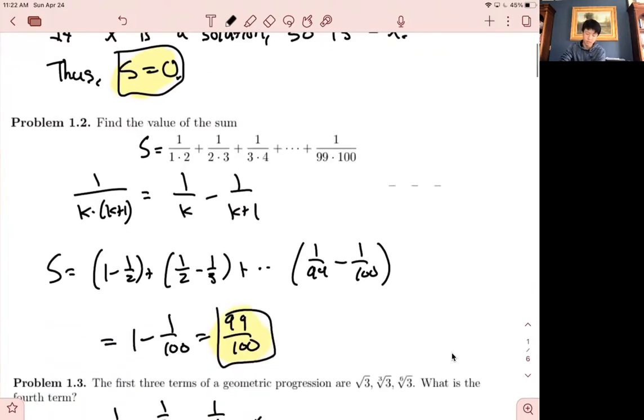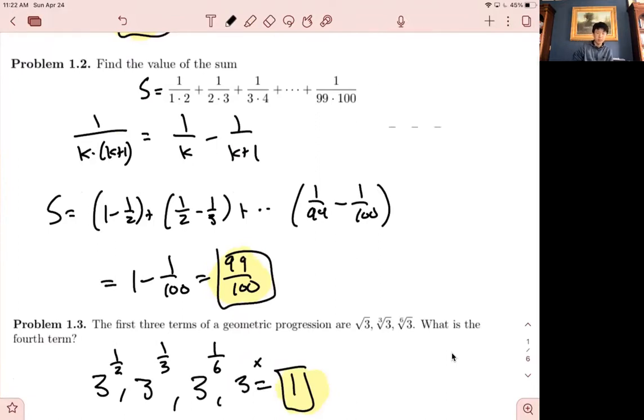Okay. Problem 2. Find the value of the sum S: 1 over 1 times 2 plus 1 over 2 times 3 plus 1 over 3 times 4, and so on, up to 1 over 99 times 100. The idea here is to telescope. This is the most classical telescoping example. Each of the terms is effectively 1 over k times k plus 1, and you write this as 1 over k minus 1 over k plus 1,